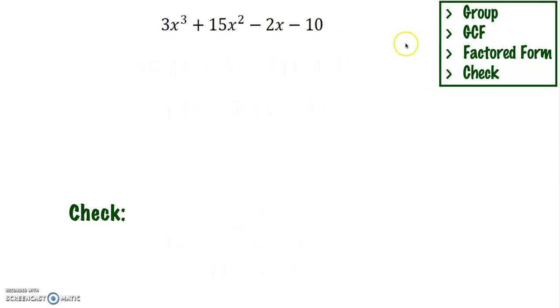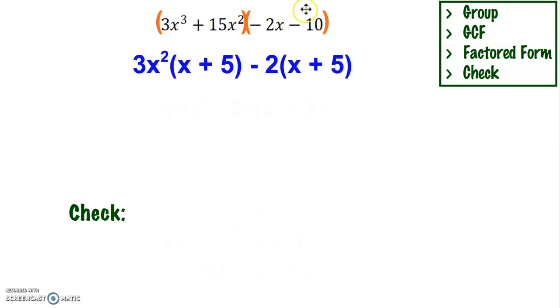In this example, our first step is to group. So I group the first 2 terms together and the second 2 terms together. Next, I need to pull out GCFs. So in this first group, I notice I can pull out a 3 from the coefficients and an x squared from the variables. In this second grouping, I notice that they have a 2 in common, but remember, I want